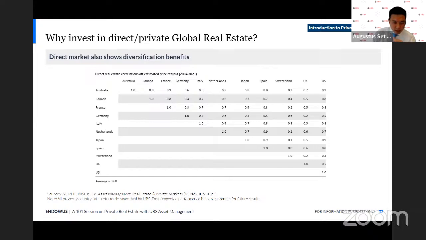This slide tells a similar story, now about the benefits of going global, and having a global allocation rather than just focusing on one single country or single market. In this correlation matrix, you can see that unlisted real estate markets across key regions, APAC, Europe, and the US, are maybe not as correlated as you might have thought. And I think over time that truly plays out. Real estate fundamentals tend to be different in the markets. The macroeconomics of each country or region are not always in sync one-to-one.